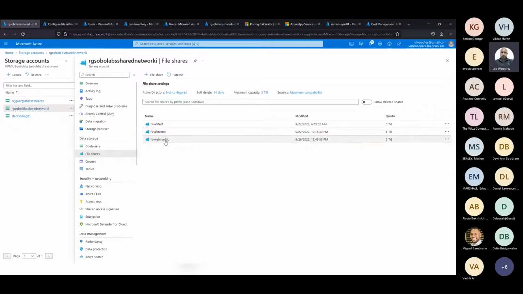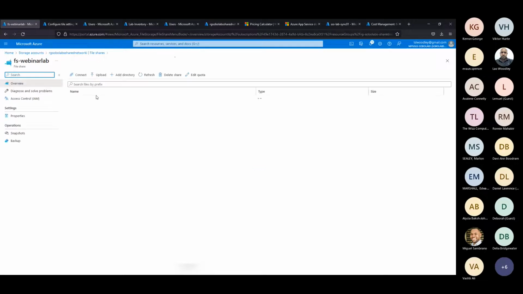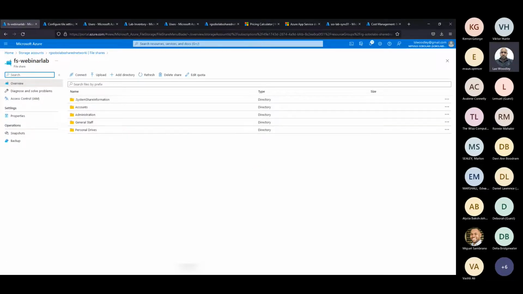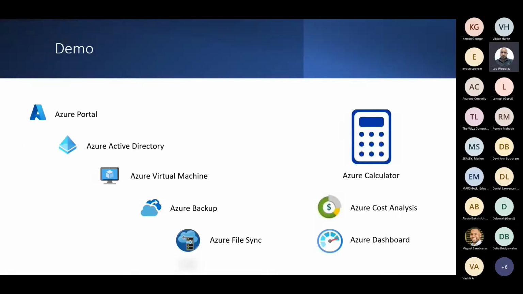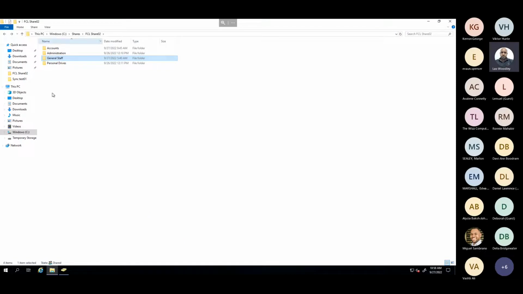So our file share webinar lab maintains the same folder structure as our on-prem share.